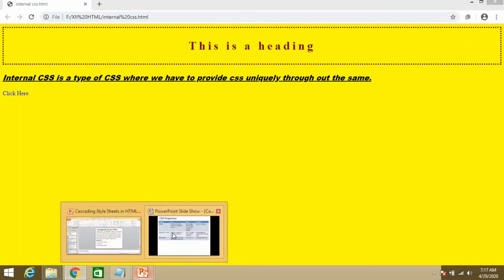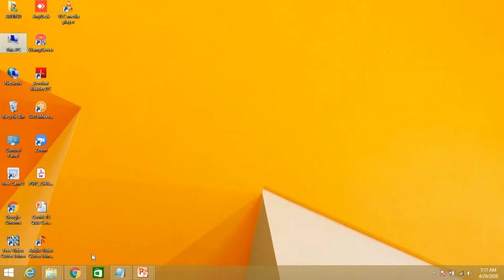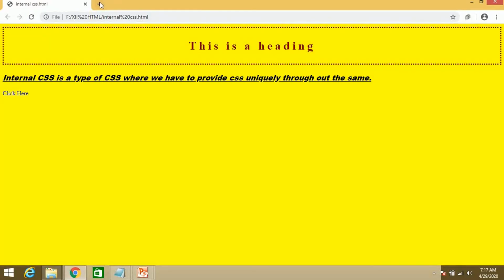After that you have background image. This is a very important part. Body, background image, URL, and then background.jpg. First of all you have to download the background image from Google. Let's see how to download it.